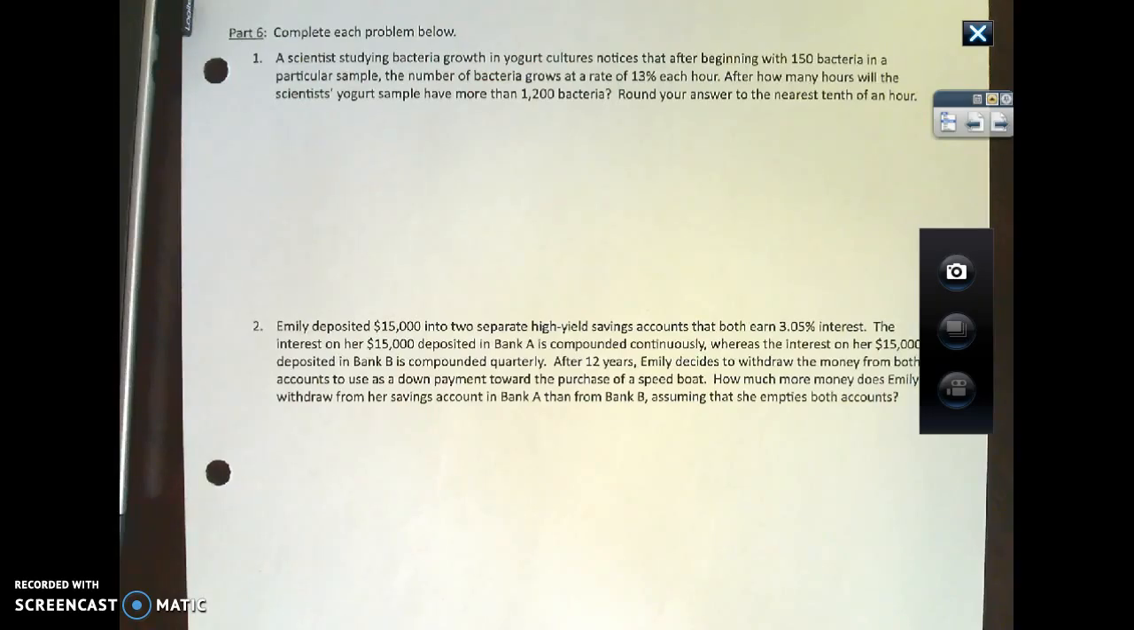A scientist studying bacteria growth in yogurt cultures notices that after beginning with 150 bacteria in a particular sample, the number of bacteria grows at a rate of 13% each hour. After how many hours will the scientist's yogurt sample have more than 1,200 bacteria? Round your answer to the nearest tenth of an hour. Okay, so